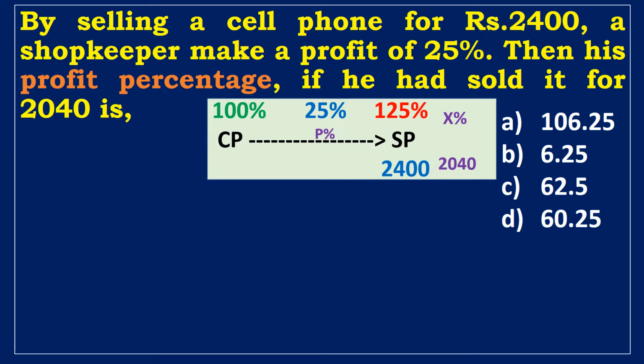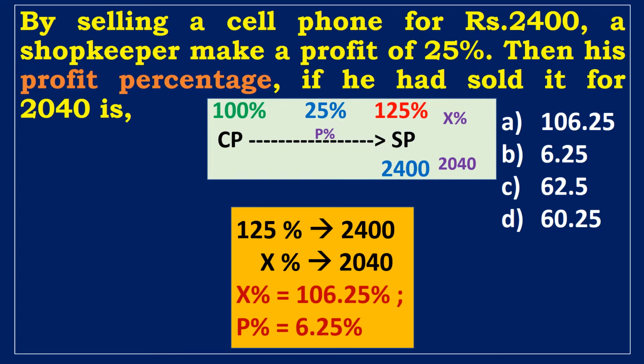2,400 rupees. To get the new SP percentage, we must first construct two equations, where 125% is 2,400 rupees. X% is 2040 rupees. By cross-multiplying the terms, we can obtain the X percentage, which is 106.25%. Subtract 100% from 106.25% to obtain profit percent, which is